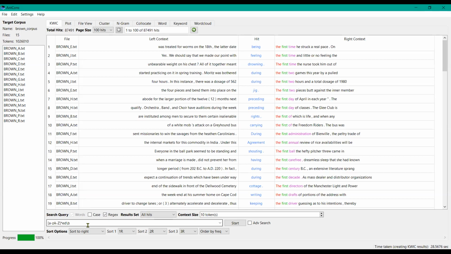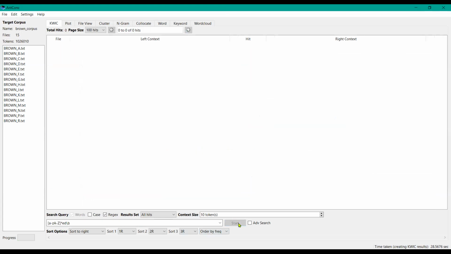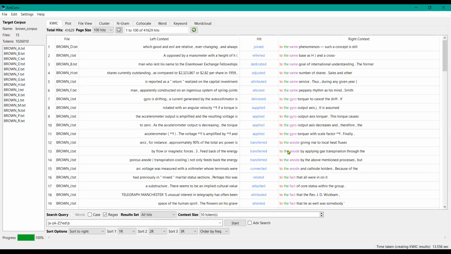So here's a very basic search. I'm looking for all the letters from A to Z, as well as capitals, anything that comes before ED. So past tense of words, if you will. And the backward slash and B represents a word boundary. So it's going to be looking for words. So there you go. So it's looking at all the different letters and everything with ED ending